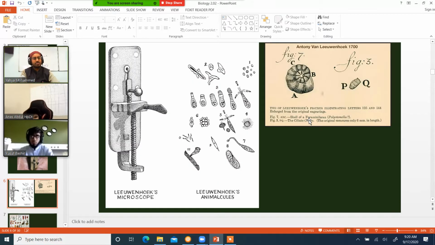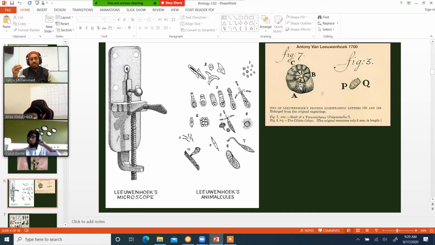This is basically this person Leeuwenhoek, right? He made some drawings, right? So he put in different kinds of pond water and all that kind of stuff, and he found all these tiny little things floating around that you couldn't see before, right? So these are some examples of some of the things that he drew, right? Some of them were not necessarily microscopic. He just magnified them and saw them, right?